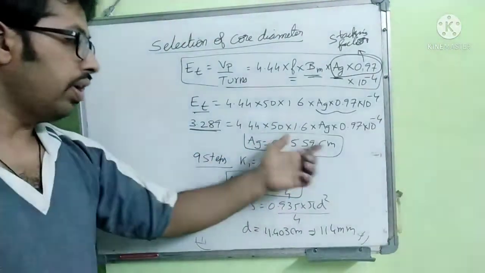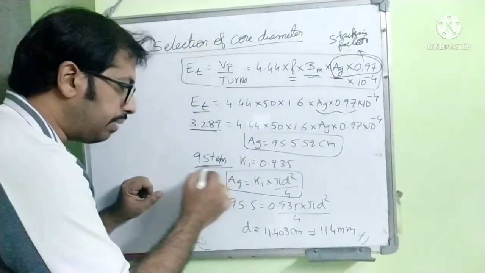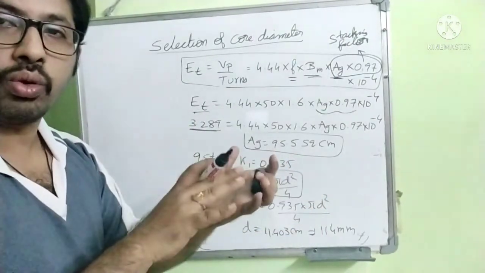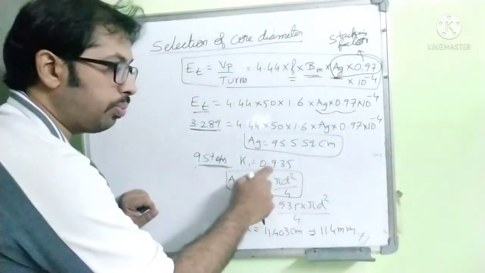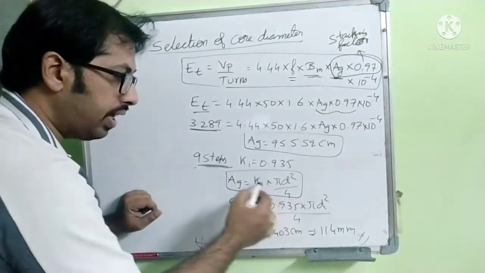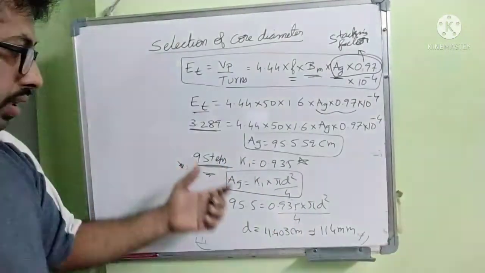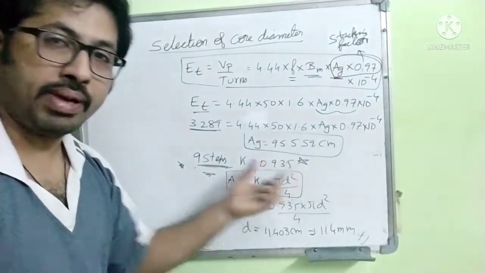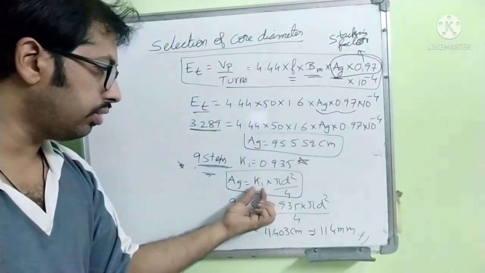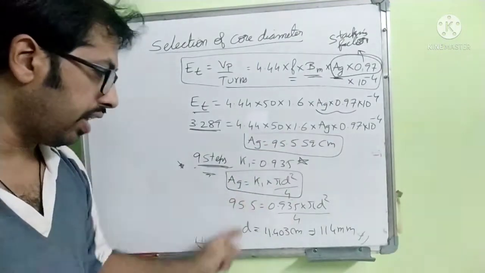Okay, now. I told you in the previous section that for 9 steps, overlapping will be done in the core. For 9 steps the K value is 0.935, we should take care of. Okay, gross area is equal to K1 times pi d square by 4. K1 you substitute 0.935, this is a constant value based on steps. Okay, 9 steps, so for 9 steps it is 0.935. The K value was given in the previous class. So I substituted K as 0.935 and the gross area, and if you calculate, you will get